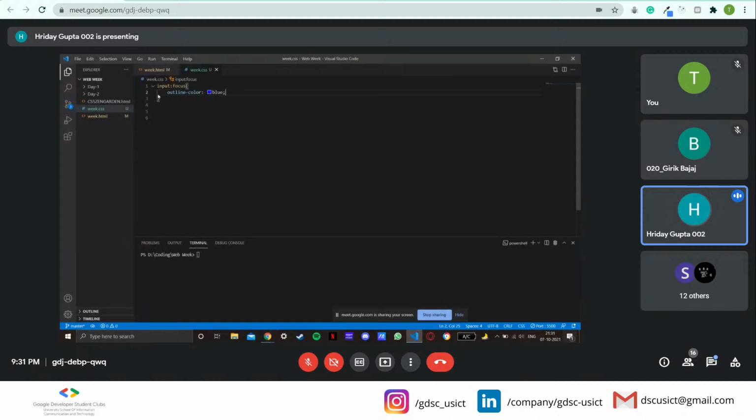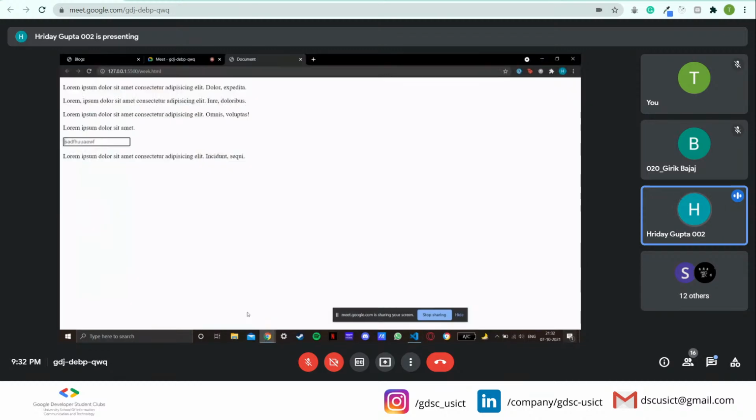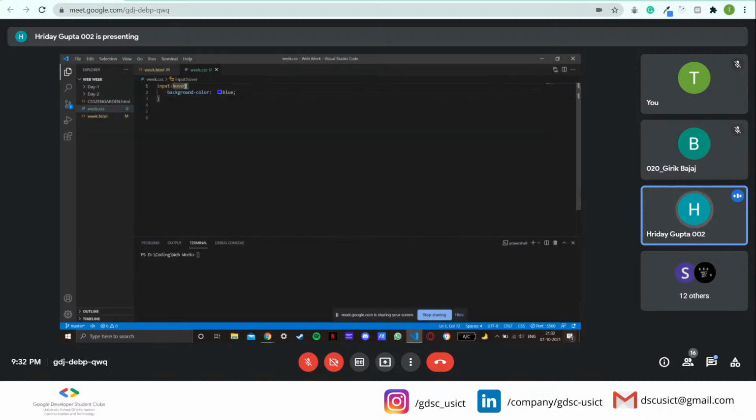So let's move on to pseudo elements. We've seen that we can set the input to have states on which it changes color. But what if there's a specific part of the input that we want to change? Right? We want to style what this placeholder text looks like. Now we do this by using pseudo elements. Now pseudo elements specify a specific part of our tag. Right? So as you can see, this first letter, first line,